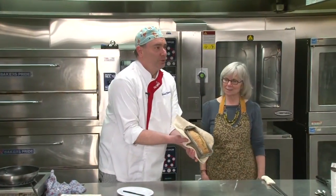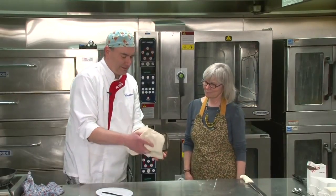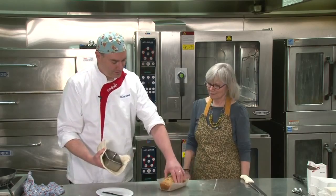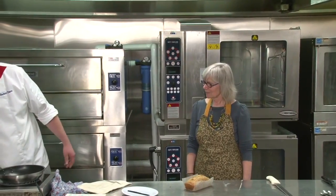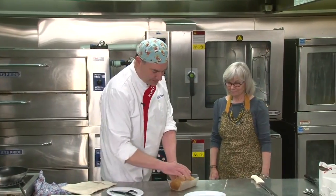That's a beautiful banana bread now that it's done. That looks quite delicious. Yes, it certainly does. Look at that. How easy is that? I'm going to adapt this method. This is so neat. How easy is that, right? It's really good. So what we're gonna do now, right, is